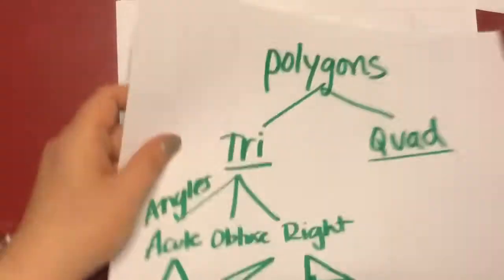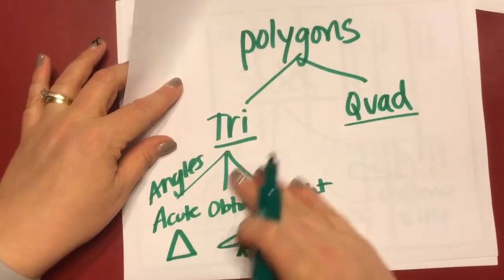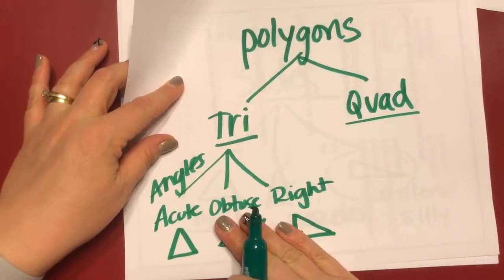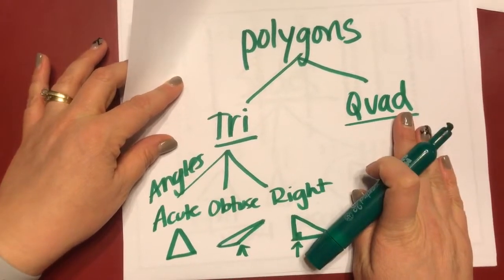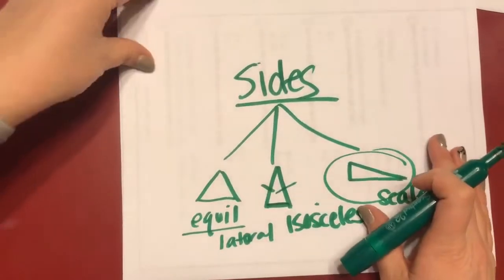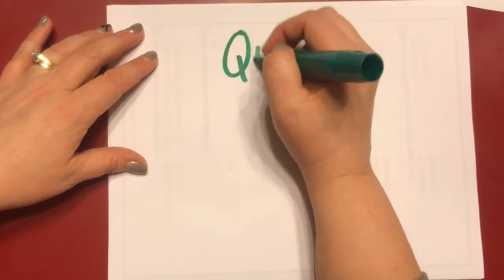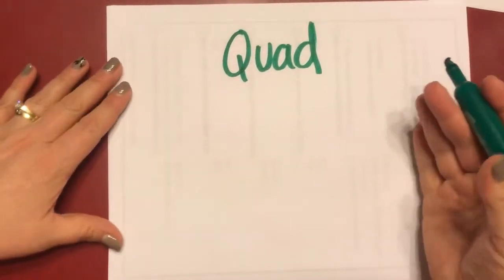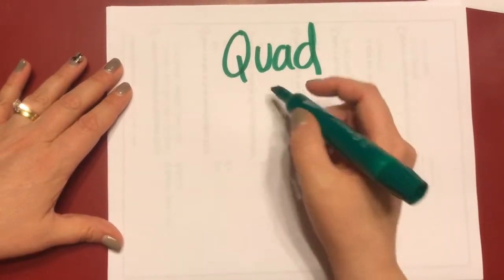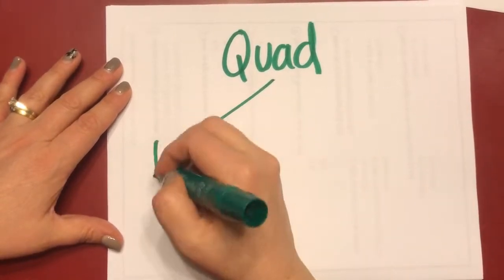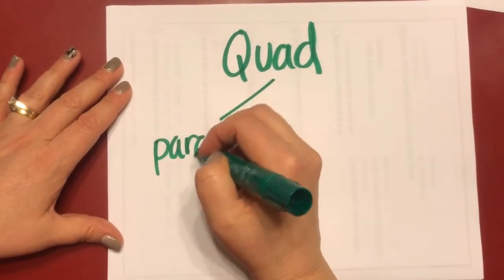So again, we've got polygons, and when we go into polygons, we're going to split into triangles and quadrilaterals. Now, quadrilaterals all have 4 sides, right? But then there are different types of quadrilaterals. So you have your quadrilaterals, as we said before, that are parallelograms,